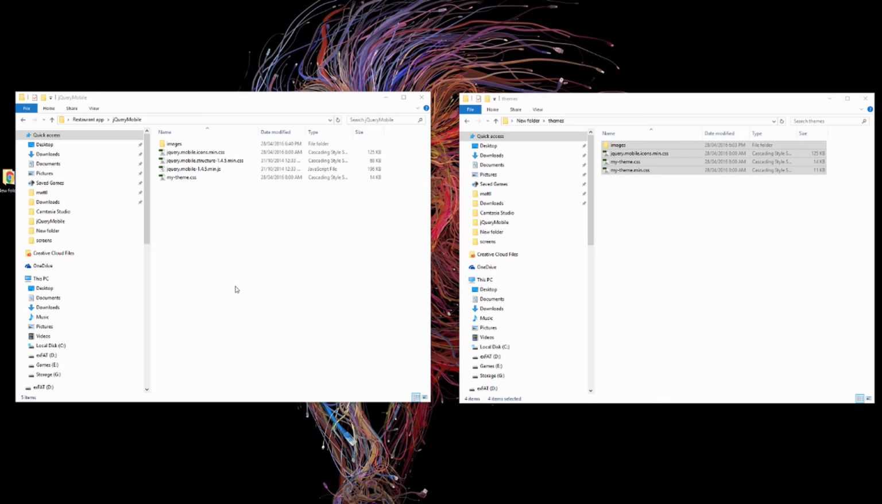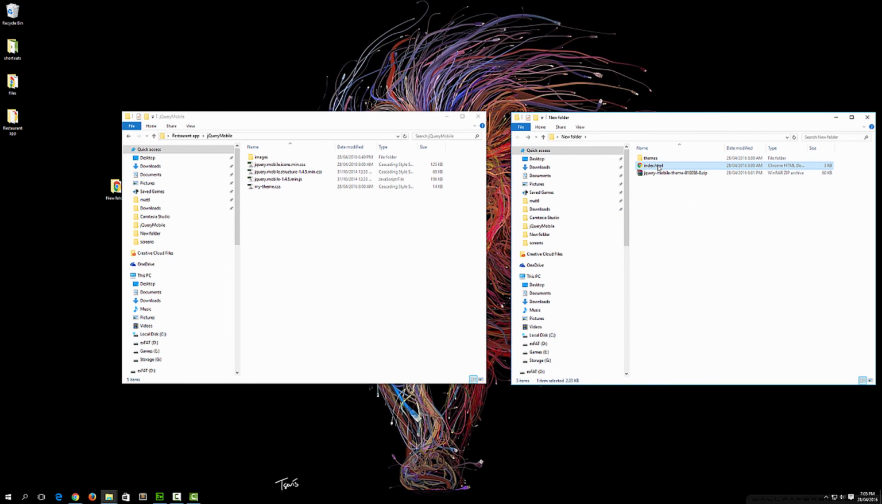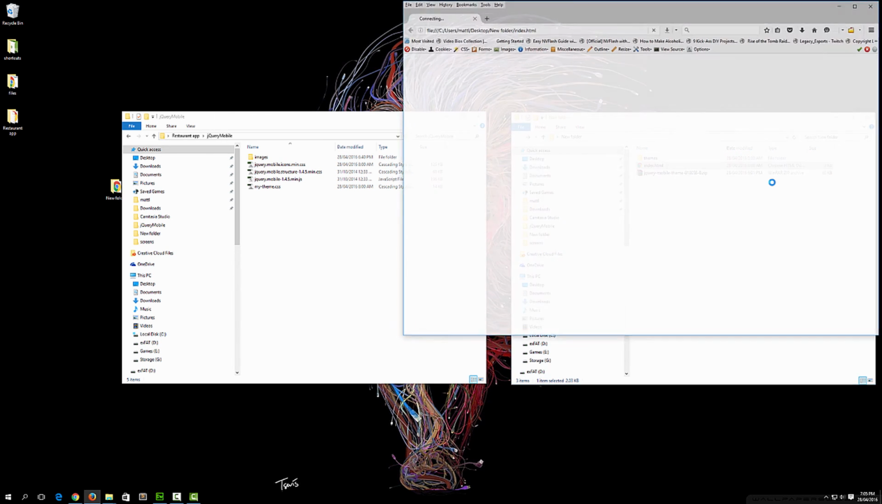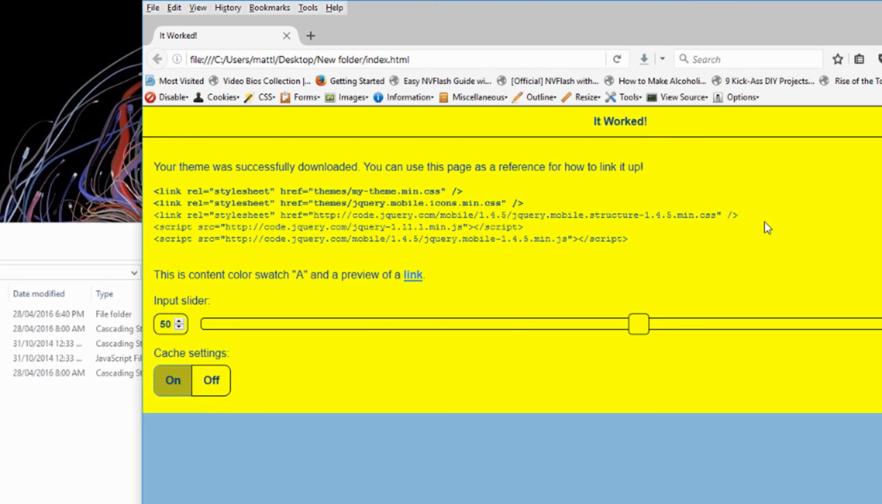Once our new theme files have been copied over into the jQuery mobile directory of our project, all we need to do to get our theme to work is change some links in the project's index file. To do this, in a browser we first need to open the index file that came with our theme roller theme. And just a word of warning, open this in any browser other than Google Chrome. After opening this file, you'll see that it explains how to link up your new theme. What we need to do is copy the top 2 links